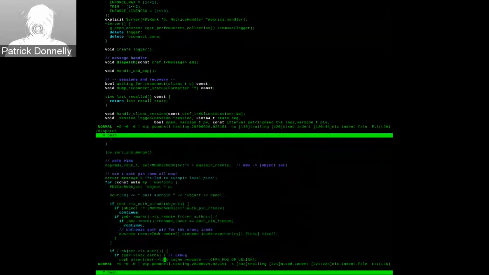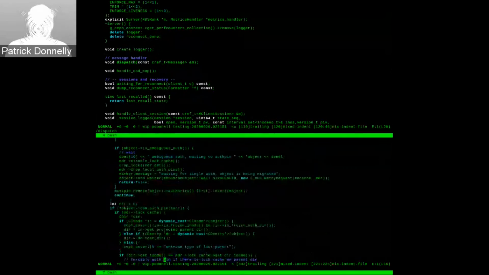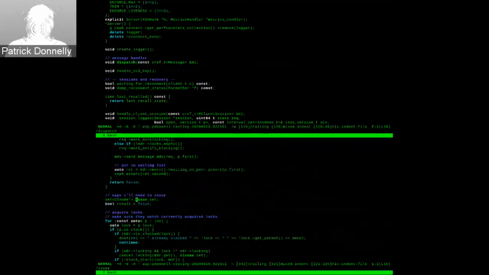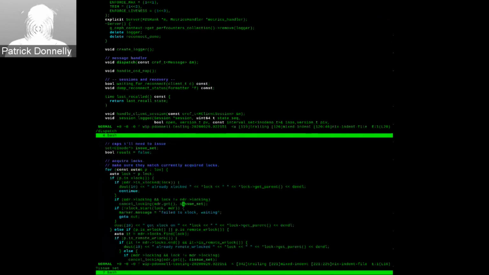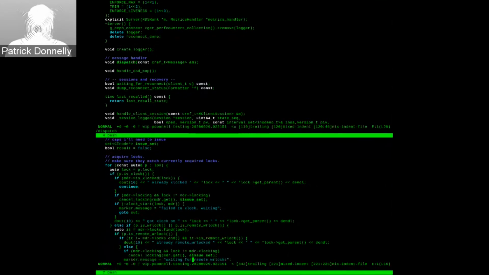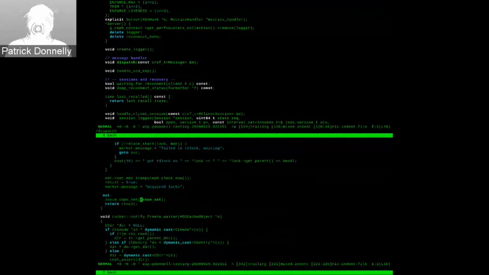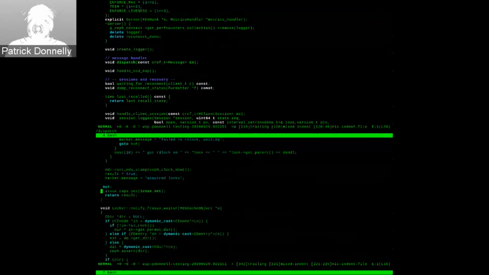I wanted to point out, here's where the caps that we would eventually be issuing to the client. So there might be a set of inodes that we're going to issue caps for. And we call this cancel locking method, which is actually going to set the different inodes that we need to get locks on. And then finally, at the end of this really long acquire locks, we're going to actually issue